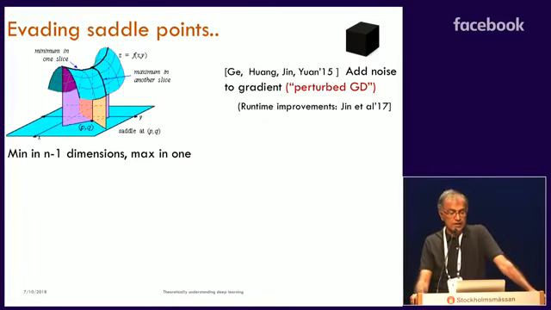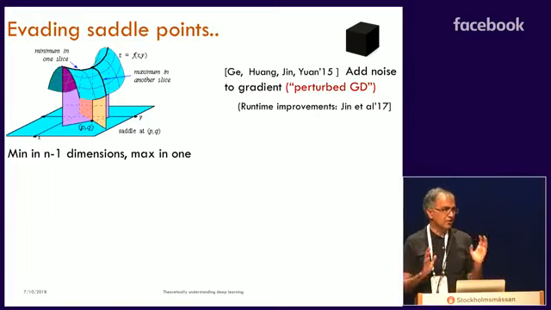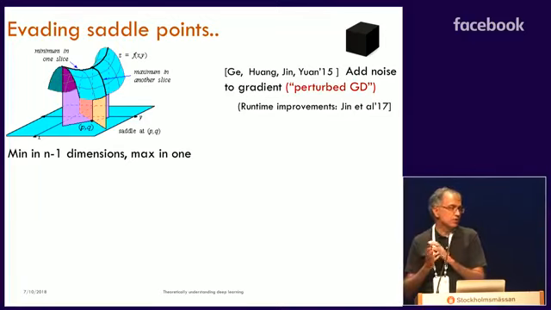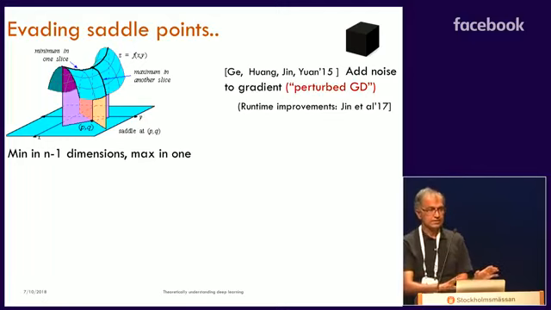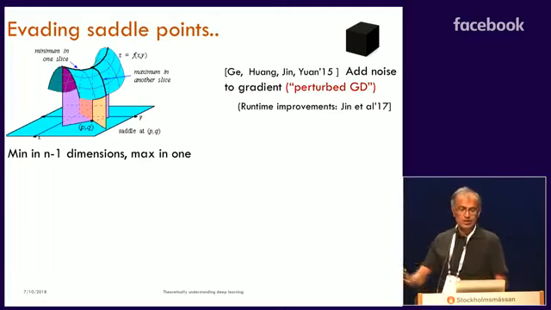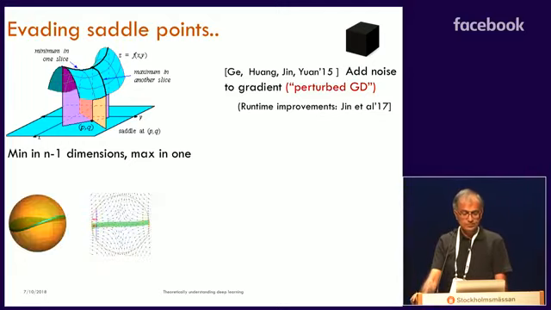A very nice paper by Ge, Huang, Jin, and Yang showed that actually you don't need to worry about saddle points, provided you're willing to add noise to the gradient. This is the so-called perturbed gradient descent. Now, am I saying that you should be adding noise to your gradient descent? No. The suggestion is just that, in stochastic gradient descent, there are all kinds of sources of noise from the sampling or from the data points themselves. So it's believed that actual training in deep learning already has a lot of sources of noise in it, so you don't need to add noise. But for analysis, you imagine that noise has been added to the gradient.